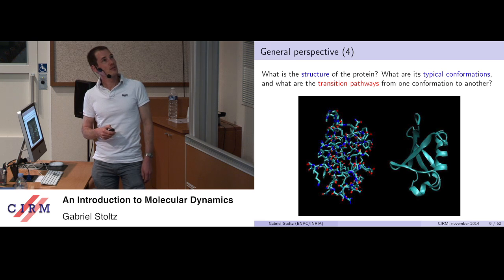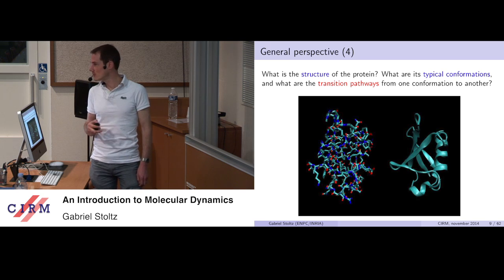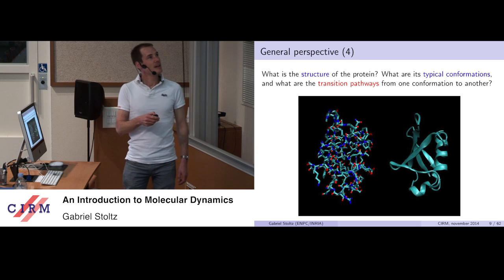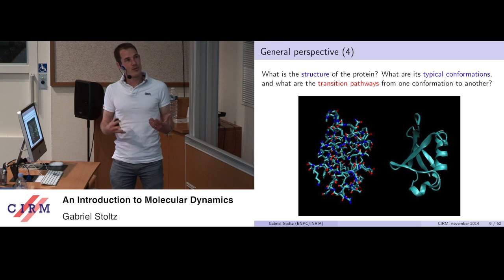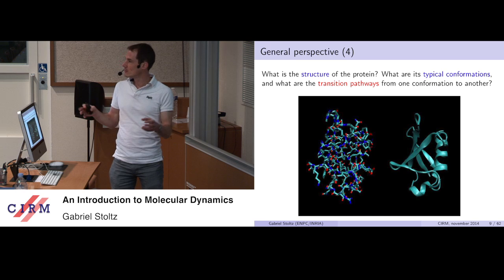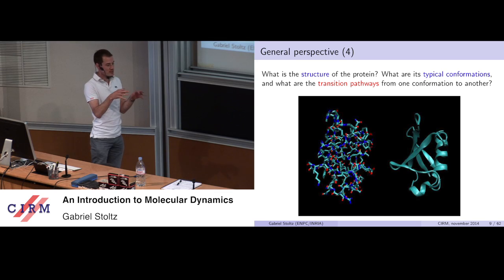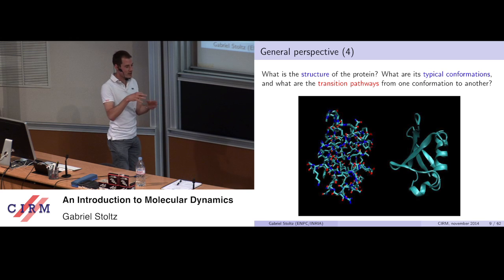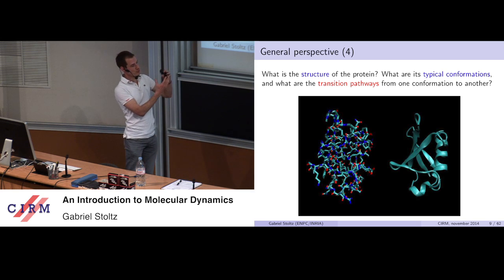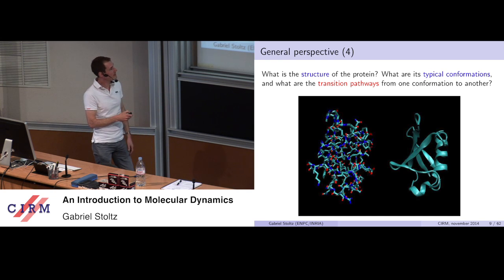Another motivation, closer to the numerical microscope, is biology, for instance, in which you have complicated molecules like this one. It's called ubiquitin because it's present in every cell in our body. You would like to know how this molecule changes shape as a function of time. When you look at a movie of that, atoms are jiggling in a somewhat erratic manner, but you don't see any global motion until some point where you get some global change of the protein. So we'd like typically to know the typical average shapes of the molecule in time and how the molecule changes shape.